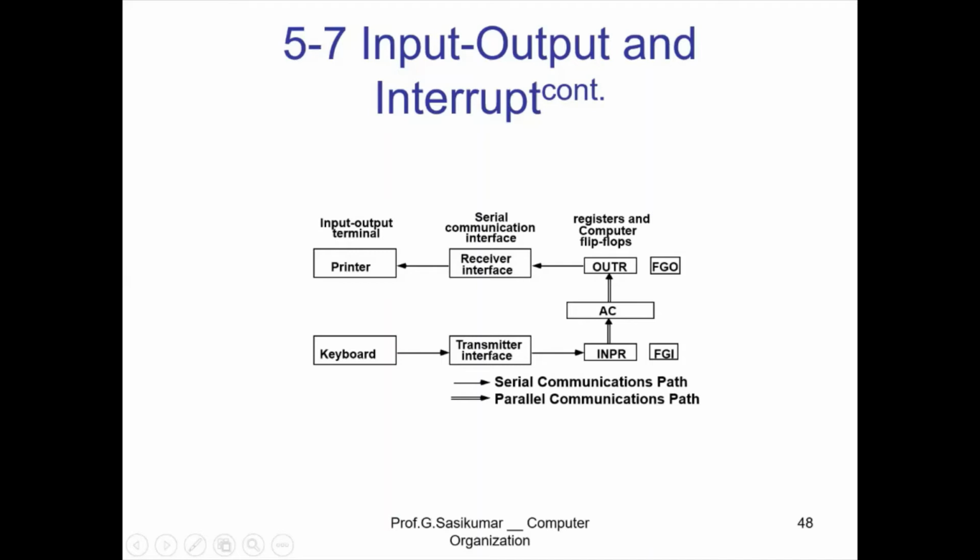And for all the outputs, there will be a serial communication. The receiver is called serial communication. Finally, we will get the output with the help of the printer. So there we have flag input and flag output. These flags play the major role. Whenever input is coming, there will be the input register, output register, and the flag in and flag out